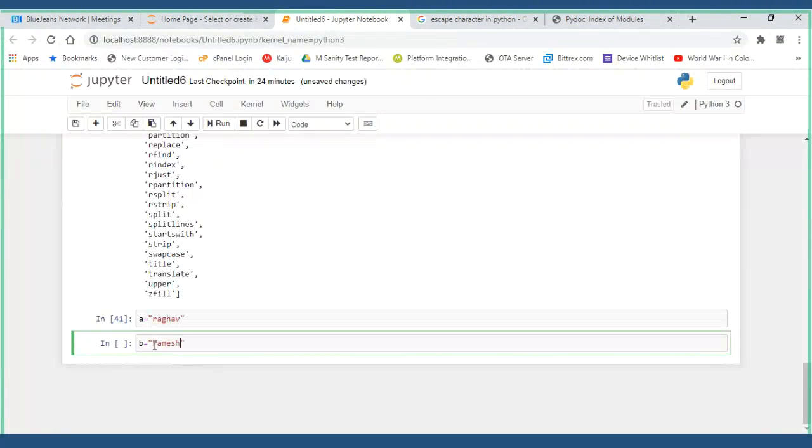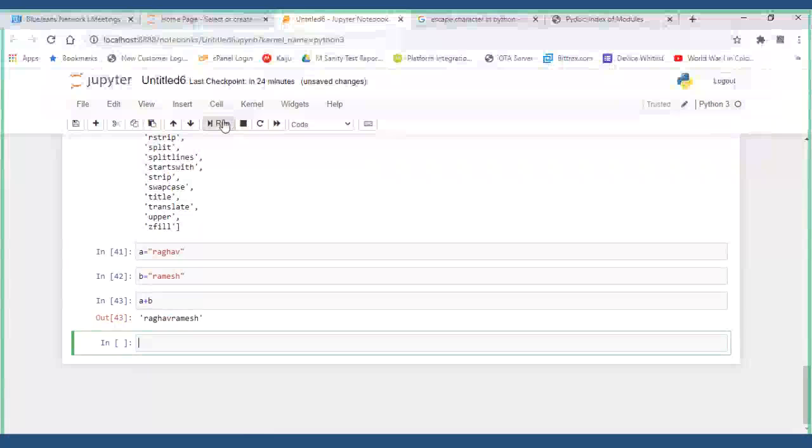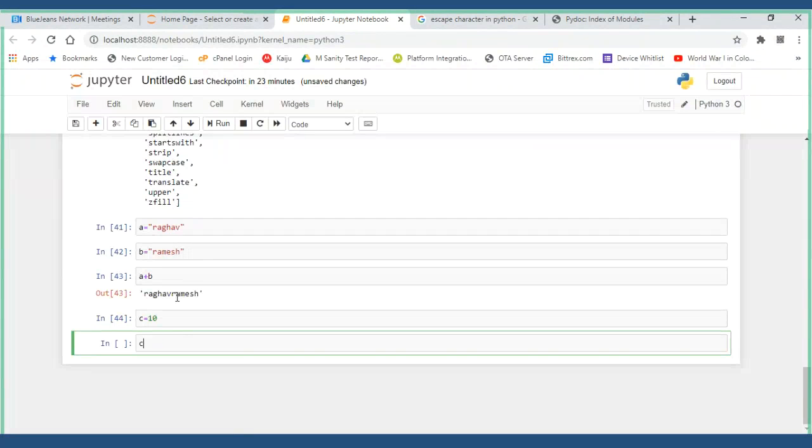Now I would like to add both of them, A plus B. Let's run it. This is possible. But C is equal to 10, and C is equal to A plus C.